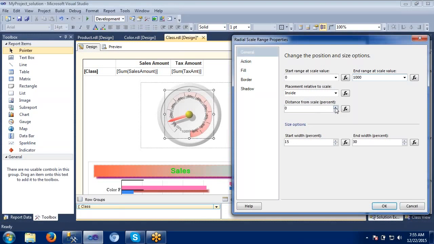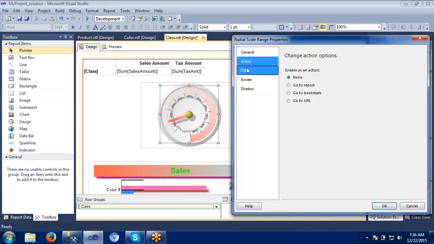And the distance of the scale, how much you want. I would be keeping it like this here. Width percentage, if you want to increase, you can increase this one. Starting percentage and ending percentage. The starting percentage is like this, the ending percentage is like this, which means the color is getting changed here. Starting is very light, and when it is increased, it gets more color here.